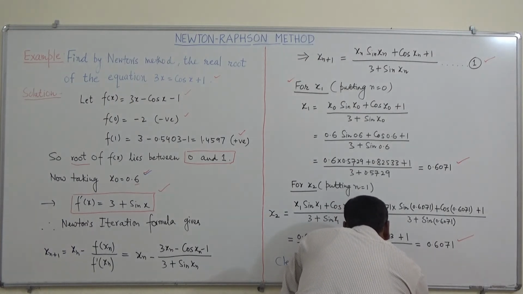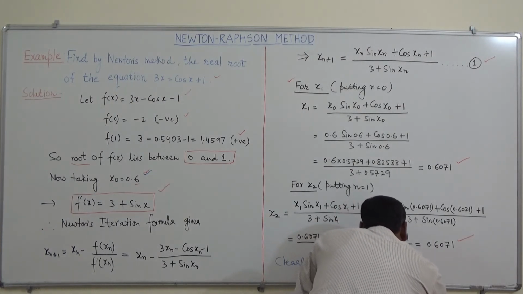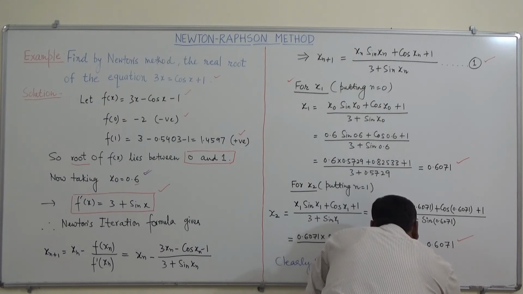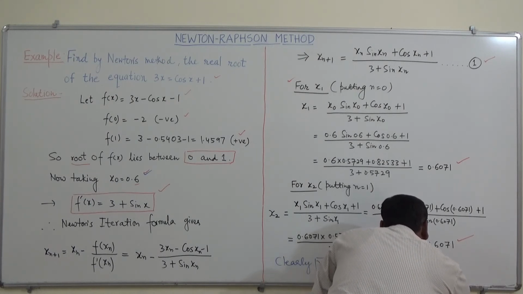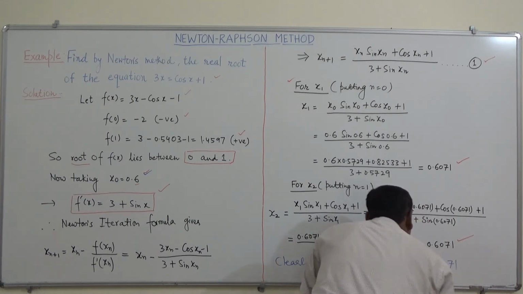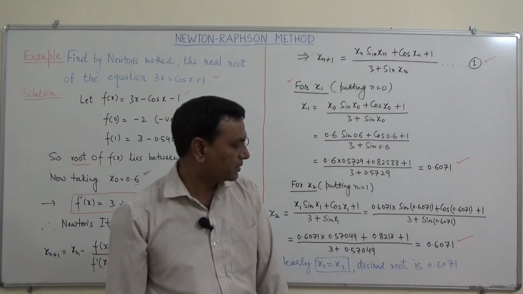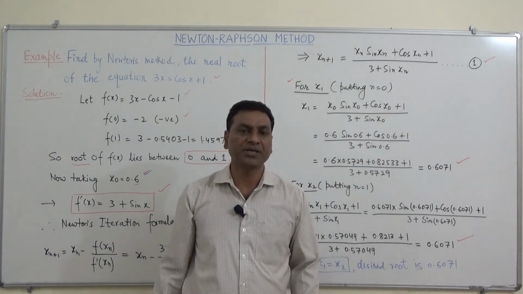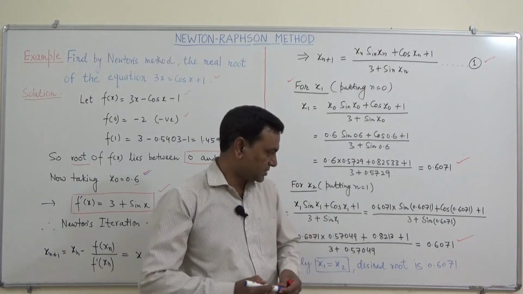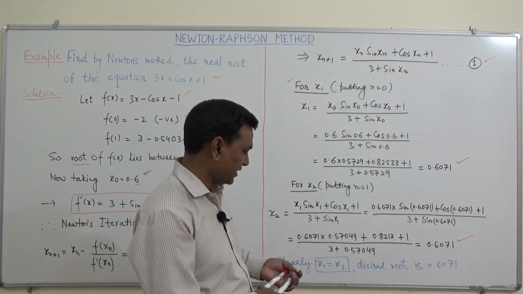So we can say the desired root is 0.6071, correct to 4 decimal places. So this is the final root